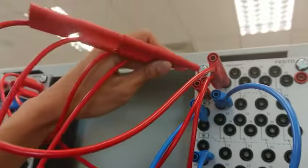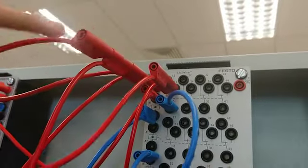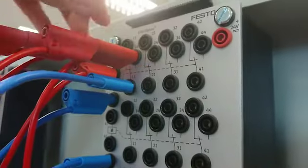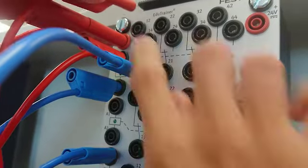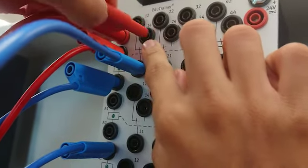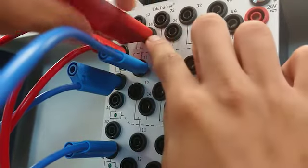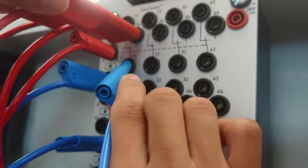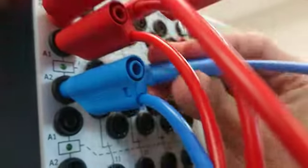See, this is the power supply. Okay? So the power supply is connected to the normally open. You see, normally open. You can see that the normally open circuit is over there. Okay, this is the normally open leg for the contact, not switch. And the output of the normally open, this is not output, common. Actually this is normally closed and this is normally open. So the output will go to the